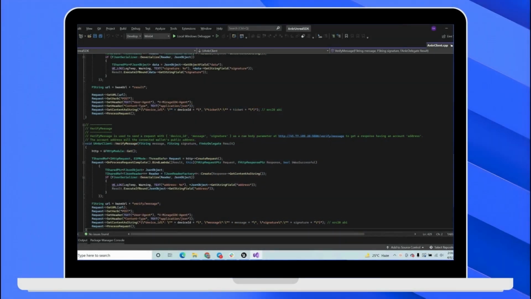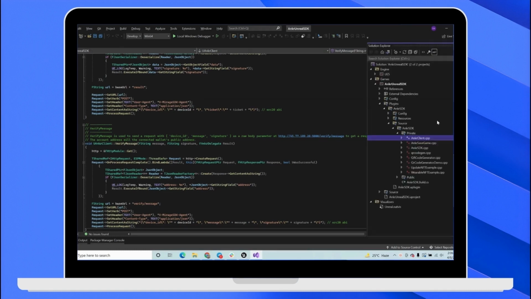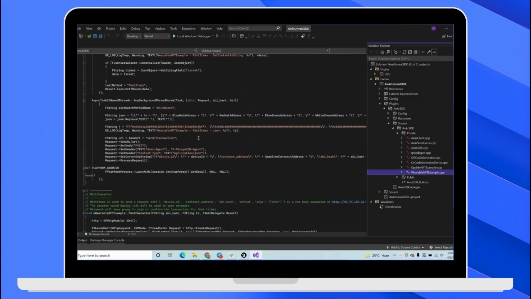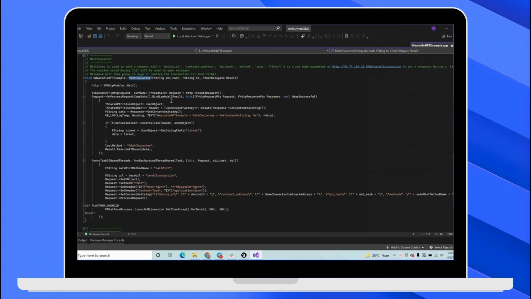Hi, in this tutorial we will talk about how to create a new game character. We have some separate scripts other than the Ankr client, which we have kept very simple and clean. So when we go to the wearable NFT example, we have two functions called mint character,